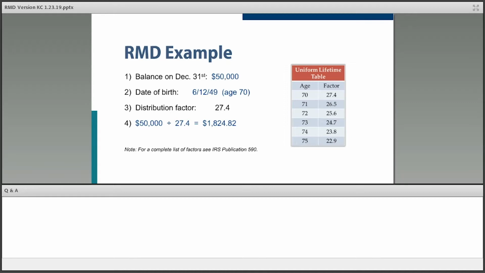But you'll see that at age 70 it's 27.4. So if the account balance is $50,000 on December 31st, so you're age 70 this year, so we're going to use that factor of 27.4. So as you see on line number 4, it's just as simple as taking $50,000 divided by 27.4, which would give us a required minimum distribution of